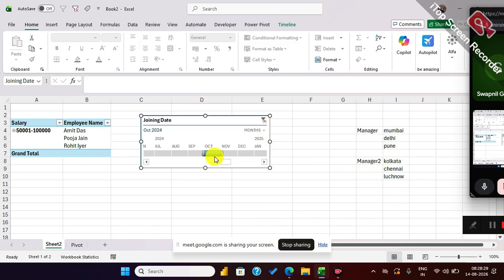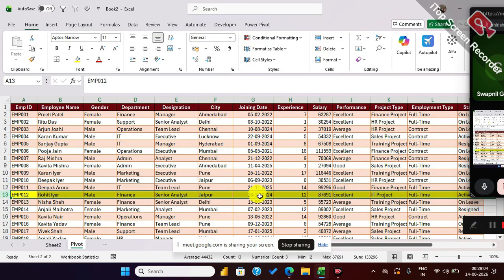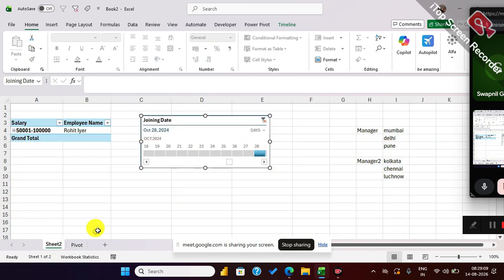So now this is the October month, correct? Which month? 2024. What was the date? Let me go to the day part, and the day is 28. Let's go to 28. This is a Rohit year and you paid this amount, and this is the date we are looking for. Let's look for this 28/10, and we paid to Rohit year. So in this way,